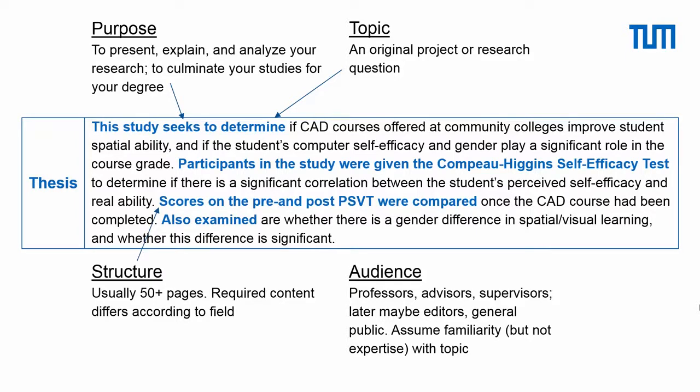The structure here is not explicitly stated, but the writer tells us that he or she is going to present the study and the results and then draw larger implications from it. This means that the text will have several sections and may be very long format. The audience is also not explicitly stated, but we can imagine that through the use of field-specific terminology, the audience is probably familiar with the general field. Again, they may not be experts in this specific topic, but they know enough to know what the writer means when they mention this specific terminology.